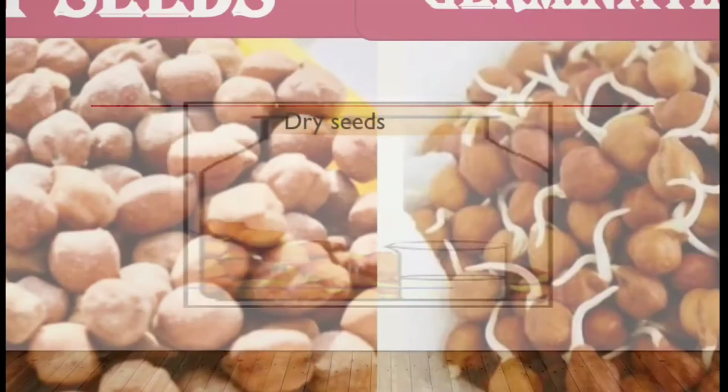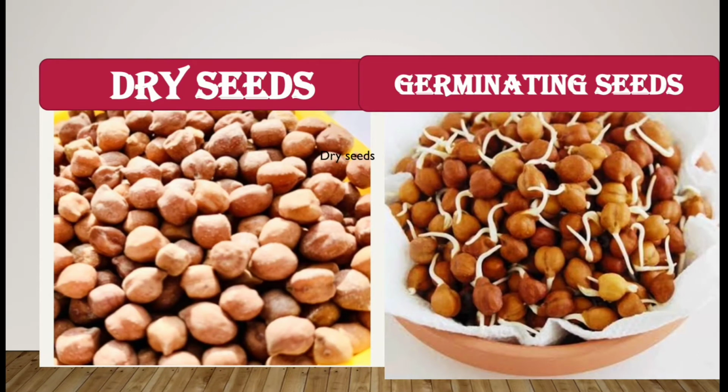So how can we prepare the germinating seeds? Take a handful of seeds in a bowl, add some water and soak the seeds in water the day before you perform the experiment. After that, separate the seeds from the water and keep them in a cloth pouch, tie it tightly with a string, and keep the cloth pouch in a corner of your home or classroom. The next day, collect the sprouts or germinated seeds from the pouch and keep them in one glass bottle